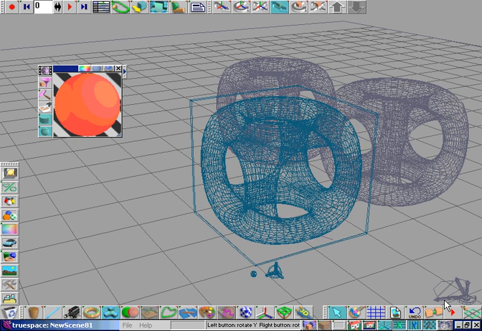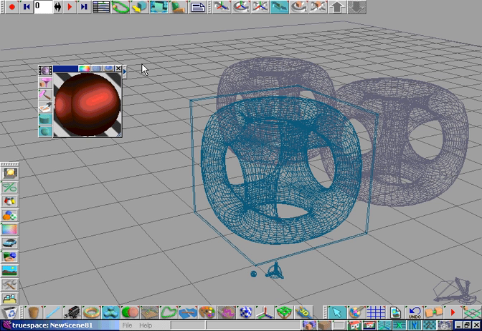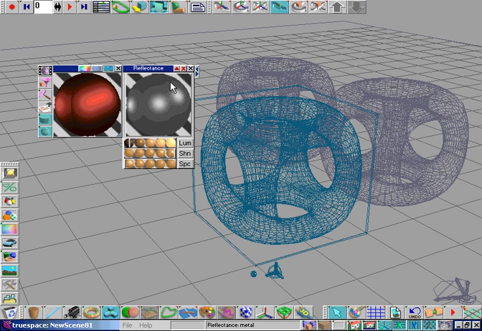Hi, let's take a look at some more reflection shaders now. So open the reflection shader library and let's choose the metal shader. As you can see from its name, basically it's used to simulate metal. And it doesn't support any ray trace characteristics like reflection, transparency, refraction, but it allows you to simulate the metal